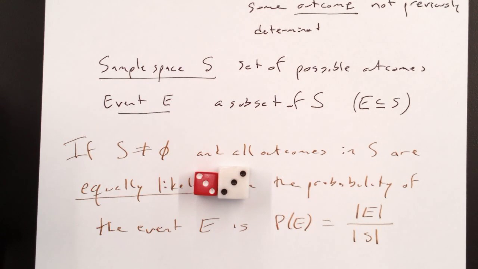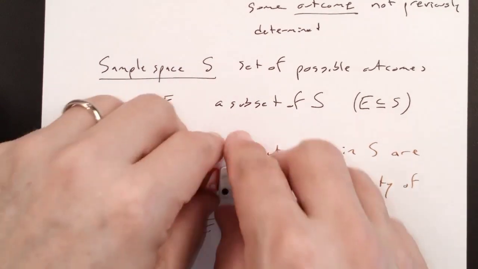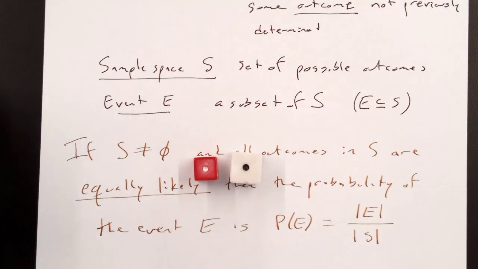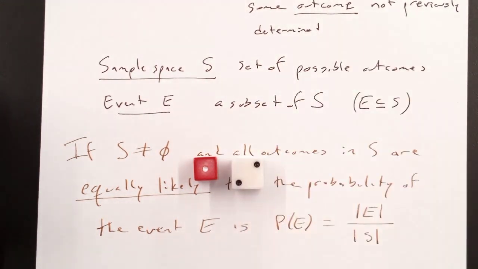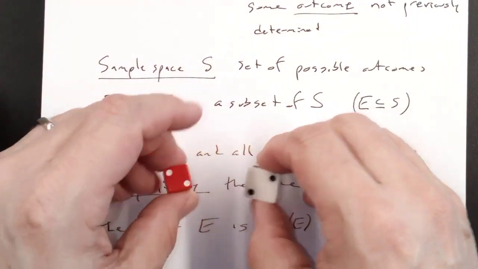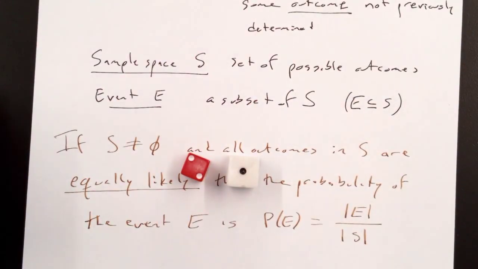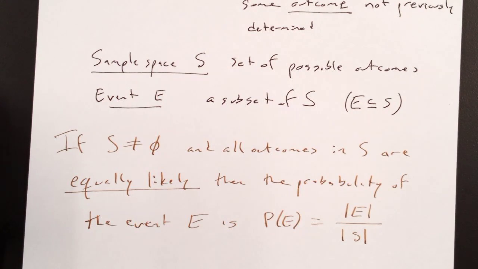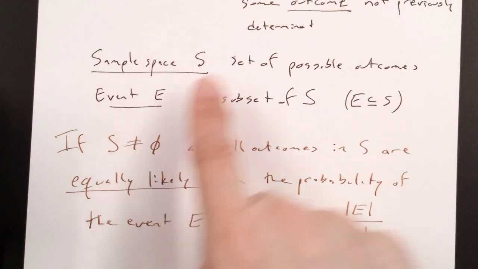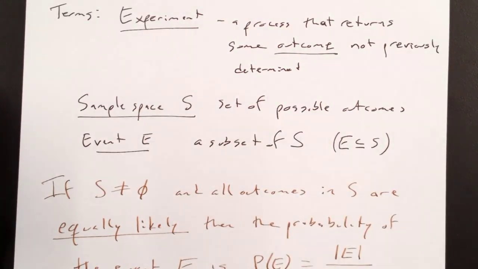But how many ways can you get a 2? There's only one way to get 2. That way. How many ways can you get a 3? Okay, 1. They're unique outcomes. 3 is definitely different than 2, but there are more ways to do one than the other. So I need to make sure that equal likelihood means that each outcome, not each event, but each outcome has the same chance of happening.